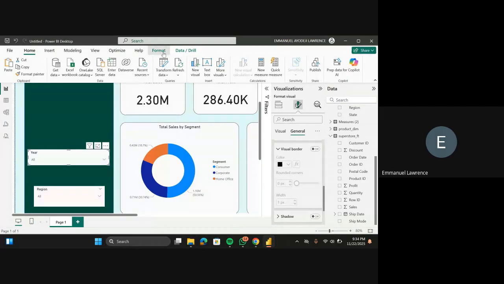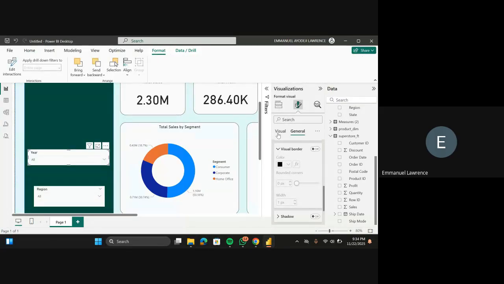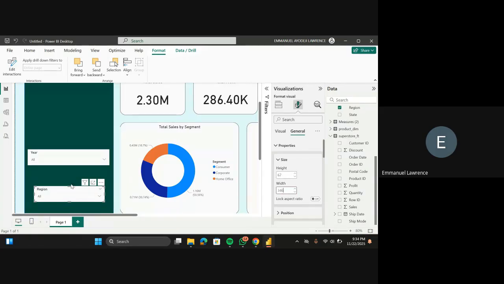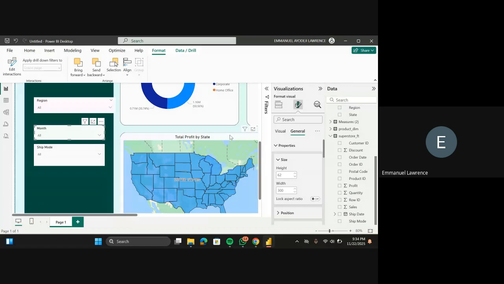So let me look at the properties of this shape, rather, the height and the width, 67 by 346. So I can do the same thing here, 67 by 346, right? So I'll come down here, same thing, 67 by 346, and the same thing here, 67 by 346, right?